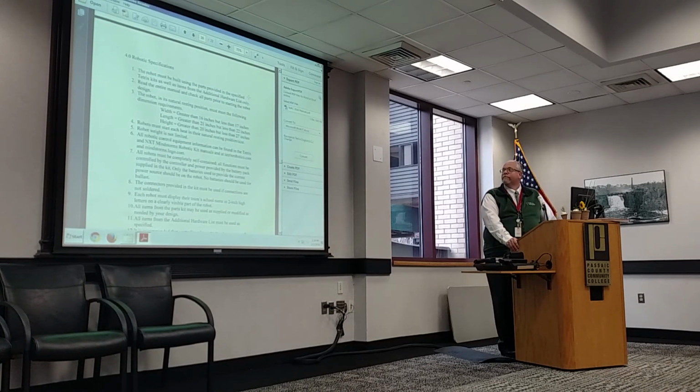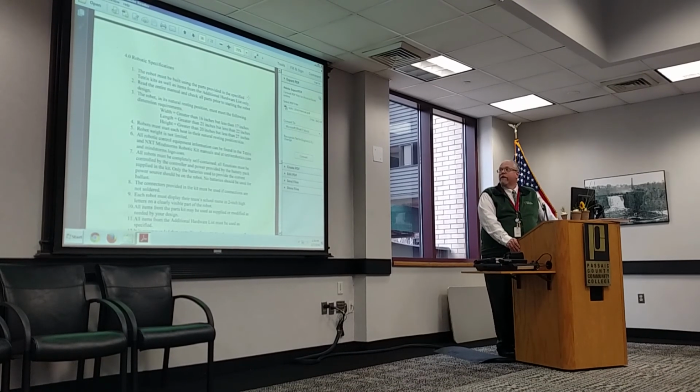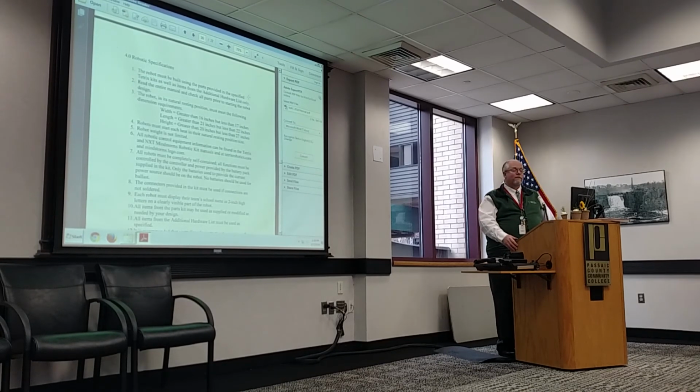Specifications, number 3 and number 1 are probably the most important, which is that, 1, you have to use what's listed in the manual. So do not bring a robot that does not meet those size characteristics or has something that's not listed in the manual or is not an authorized Tetrix part, because, let's say if we do have 15 schools, the